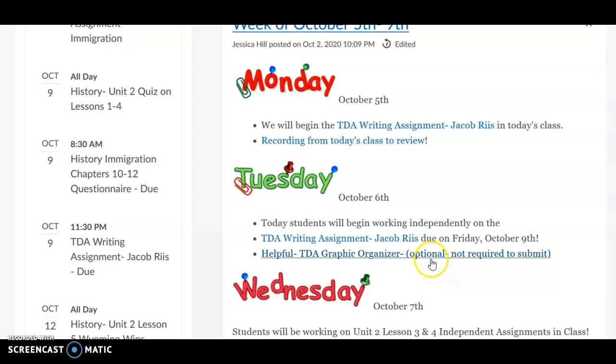Now, boys and girls, some of you may have this TDA complete, and I want you to go ahead and turn it in if you already began working on it or you already have it done. But if you are one of my brand new students and maybe you are just a little overwhelmed, I don't want you to worry about this TDA. If you are receiving this video, I will excuse you out of it.